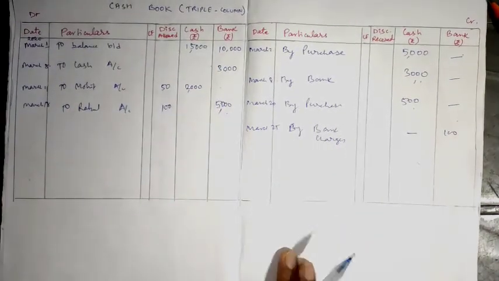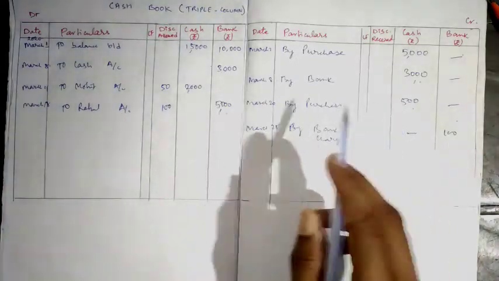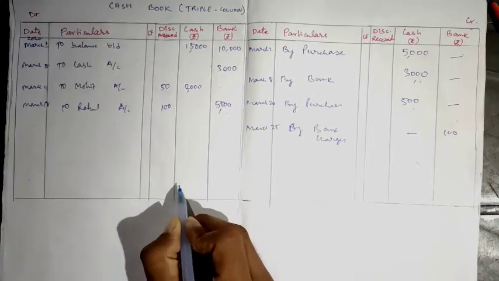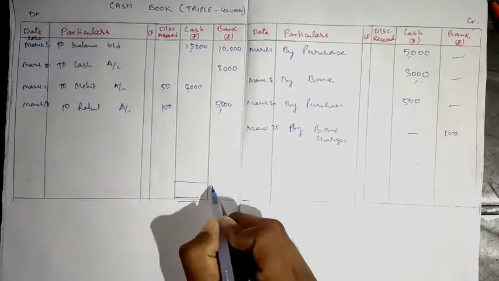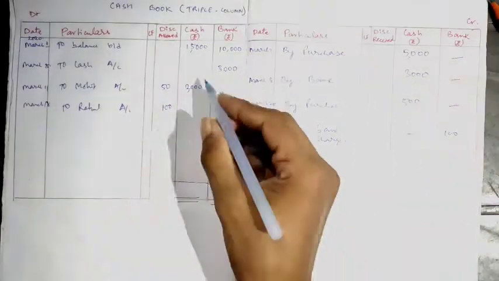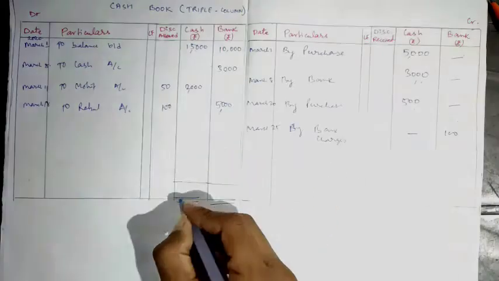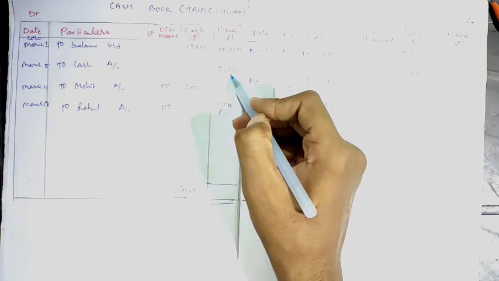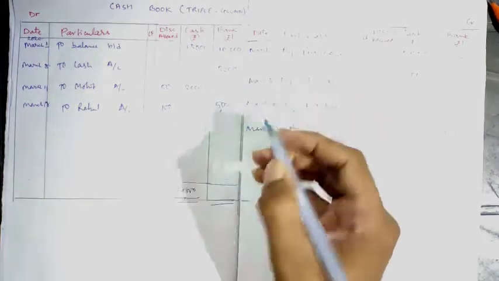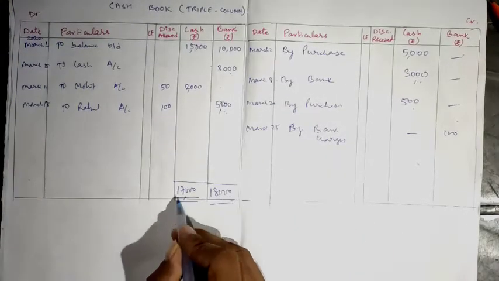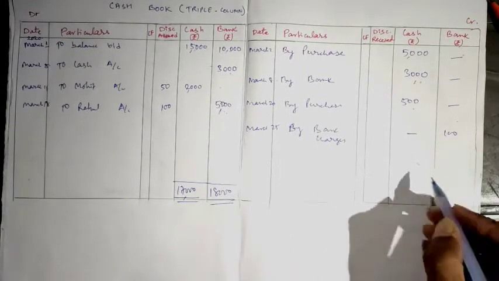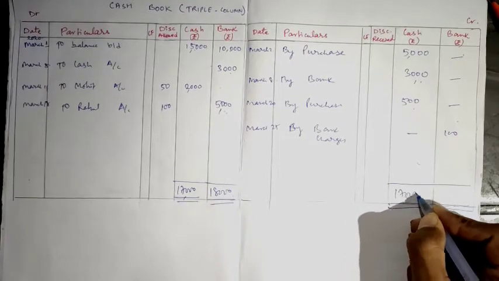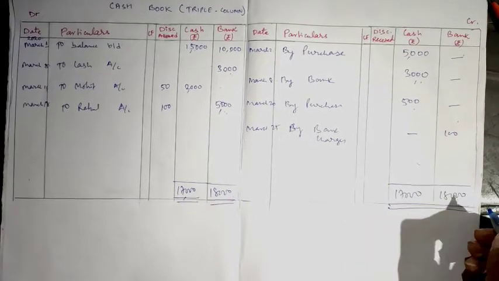Clear? Now what we'll do, we'll total the debit column. I think debit column has a greater amount. So same like ledger, we'll total the debit column and we'll close it with double column. Okay, so 15,000 plus 2,000 is 17,000. Clear? Now 10,000 plus 3,000, 13,000. 13,000 plus 5,000 will be 18,000. So we'll write both amounts in credit side in the respective column. So 17,000 of cash and 18,000 of bank.